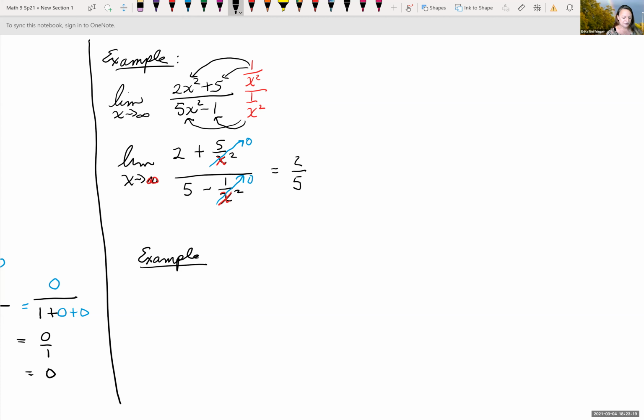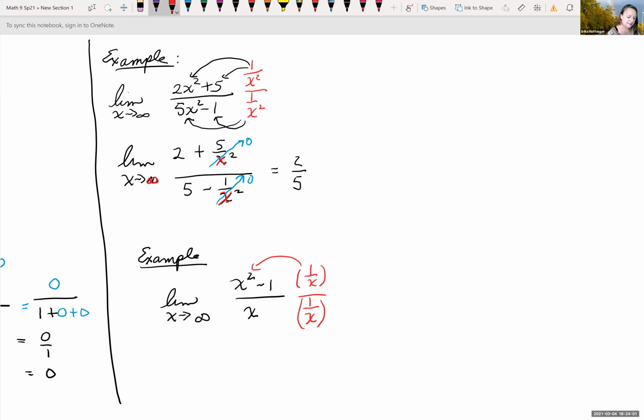So there's a case where it goes to one number. We had a case, well, I guess 0 is one number too, where it's going to the x-axis. And then let's look at one other case. How about the limit as x is going to infinity of x squared minus 1 all over x. So in this case, this is infinity over infinity. If I think of it as the highest power in the denominator is just 1, and I multiply everything through by 1 over x in the numerator and 1 over x in the denominator,